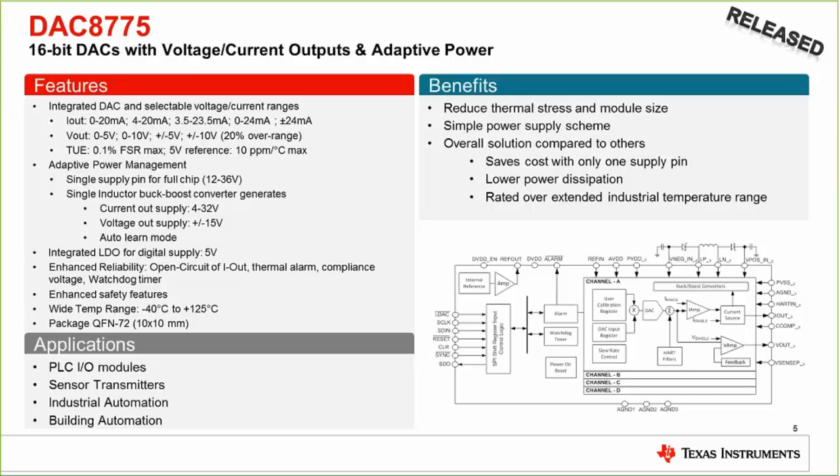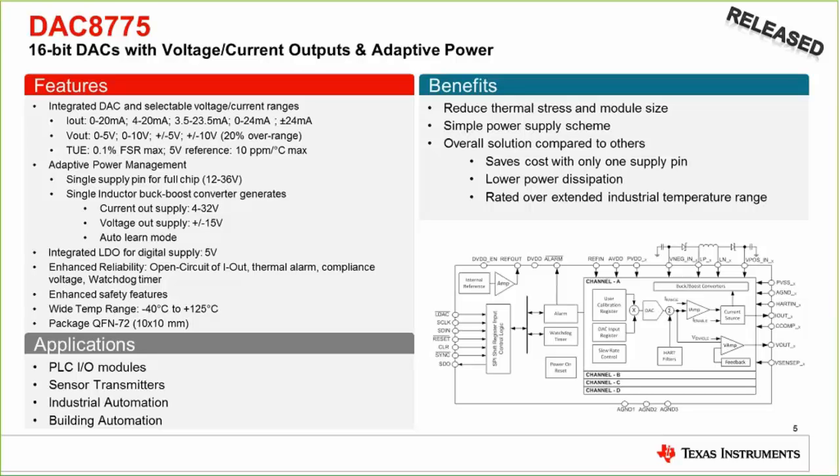So basically then, with this capability of the SIMO DC-DC coupled with an internal 5 volt LDO for the digital supply, suppose you're implementing digital isolation, you need a supply voltage for the hot side of the isolation scheme. We can provide that from our device, and a 5 volt, 10 ppm per degree C reference. So from a single input supply, we can generate plus or minus 5 volts, a 5 volt digital LDO, and a 5 volt reference, which is everything that our device and the hot side of the system needs in order to be operational.